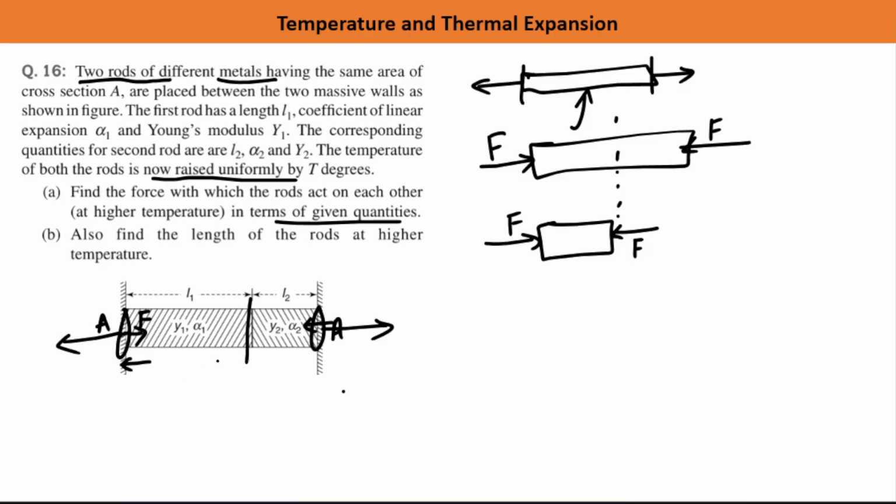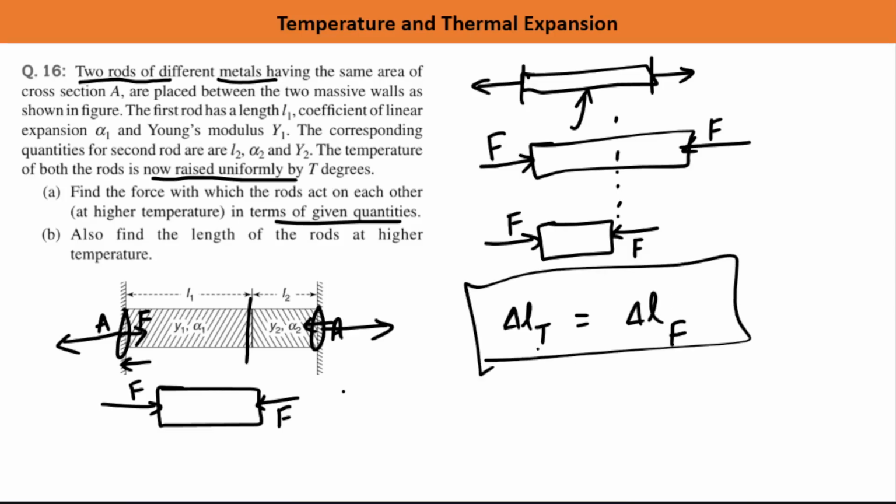So at this point, if you will take any rod, at this point force acting is F. So here force acting will be F only. So F we have to calculate basically. How we can go around it? सो सिंपल कॉन्सेप्ट तुम्हें ये दिख रहा होगा कि टेम्परेचर की वजह से जो चेंज इन लेंथ होगा, it will be equal to the change in length because of this force F. Done है. We can equate these two, we can get certain relation. So let us do this. Delta L T, आप क्या लिखोगे? Change in L1 length will be L1 alpha 1 delta T, ठीक है, and change in length L2 will be